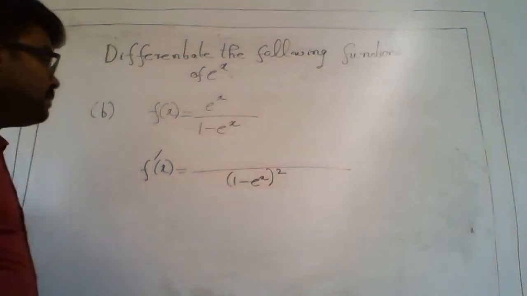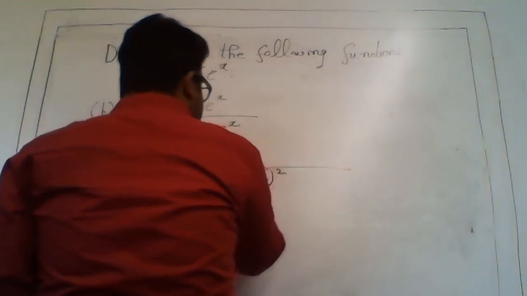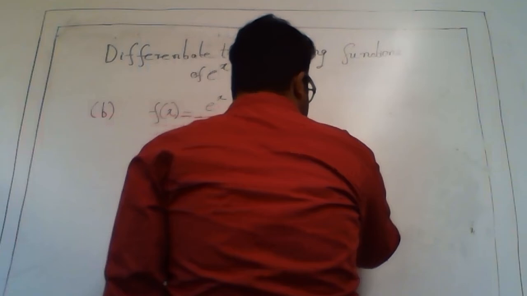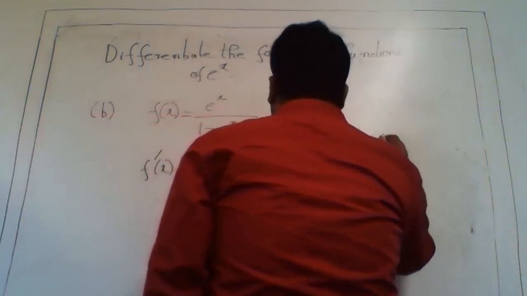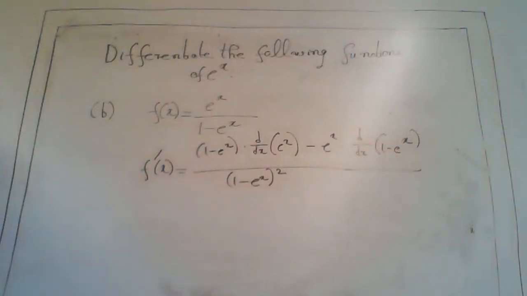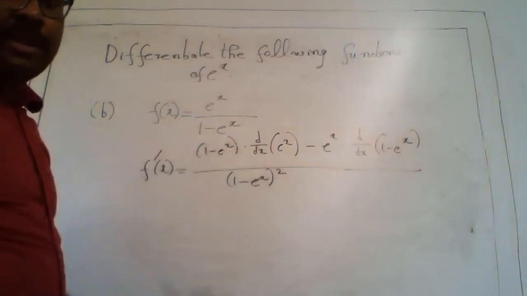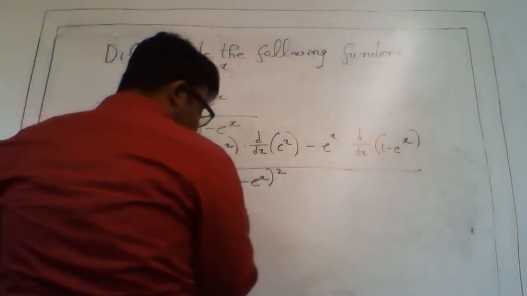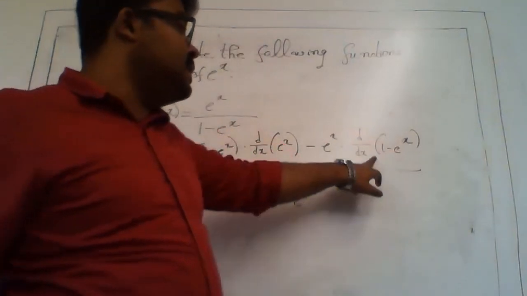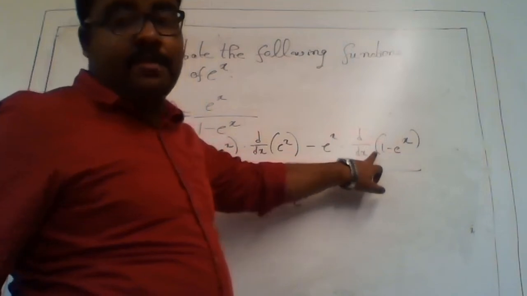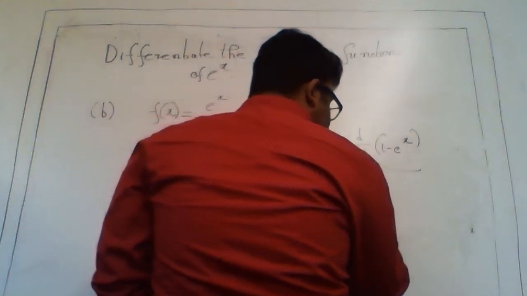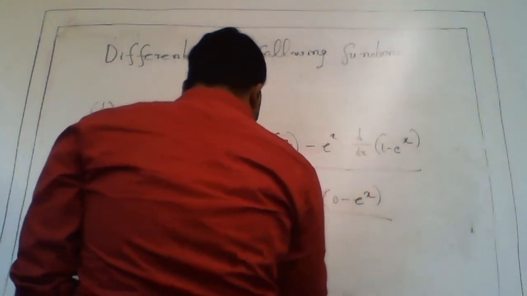Then the denominator times the derivative of the numerator minus the numerator times the derivative of the denominator. Right? Now what is the value of d/dx of e to the power x? It is just e to the power x. So it will be 1 minus e to the power x times e to the power x minus, what is the value of d/dx of 1 minus e to the power x? d/dx of 1 is 0 and d/dx of e to the power x is e to the power x. So it will be 0 minus e to the power x, whole divided by 1 minus e to the power